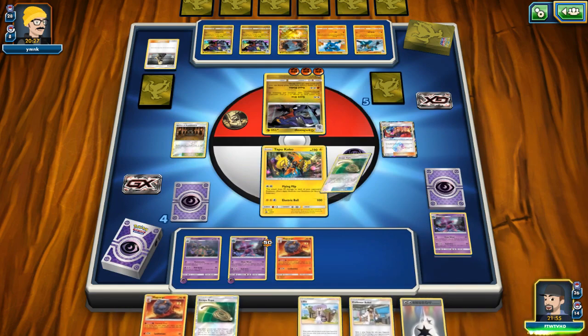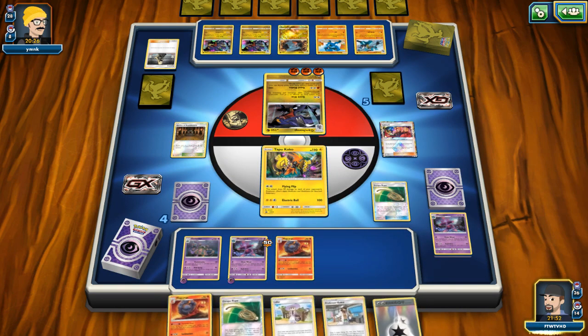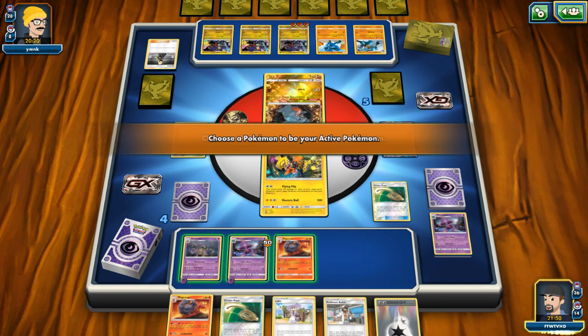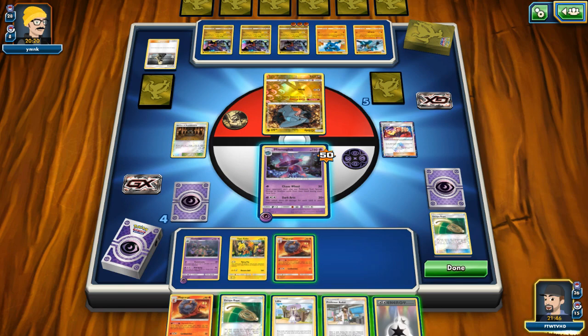Garchomp, in my opinion, is a good deck, but I don't know. It just doesn't seem, you know, incredible. We're going to play the Escape Rope anyway, because I want to get this one out of the active. Yes, they could just promote another Garchomp. That's 100% true. Okay, so they're giving me a prize here. Now, yeah, I think I'm...